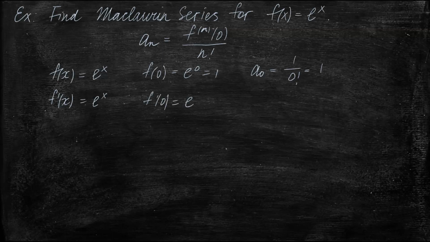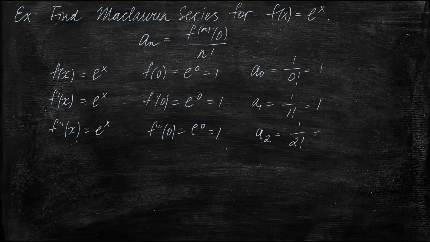These computations are rather straightforward, to the point that we can generalize. So the nth derivative is e to the x. At 0 it's equal to 1, and the nth coefficient will be equal to 1 over n factorial,